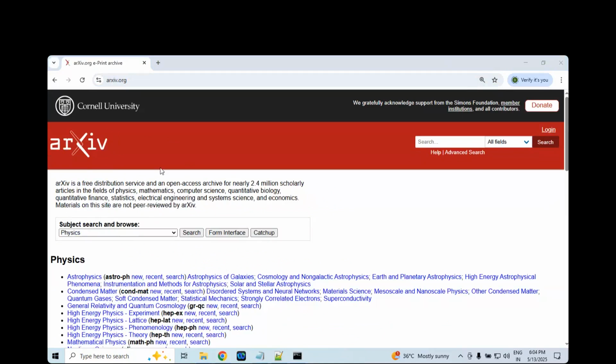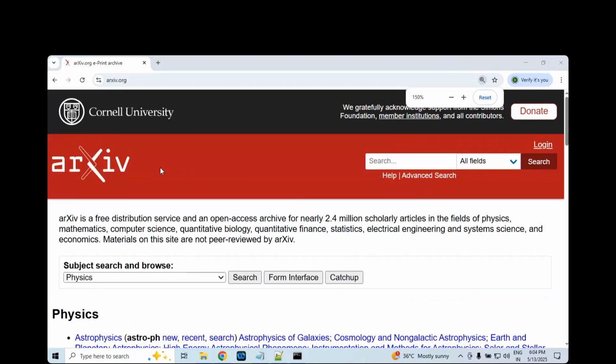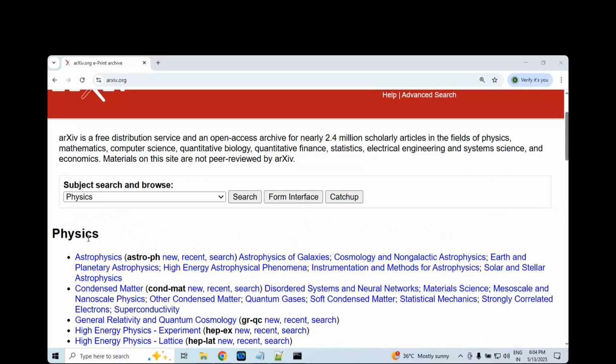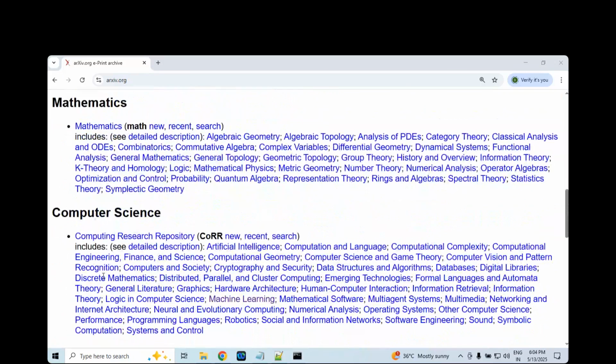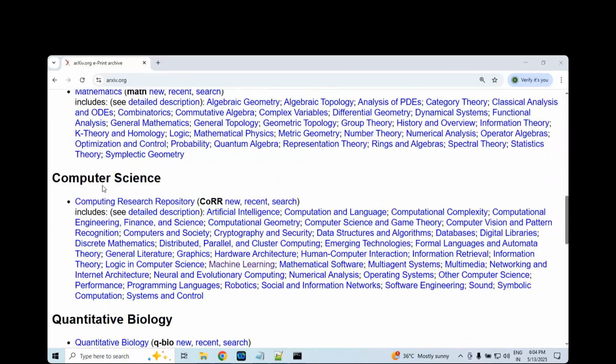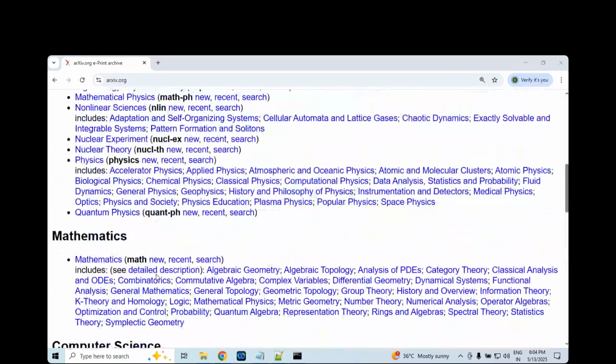This one is one of the top universities. This university especially focuses on research papers, research by PhD people. If anyone uploaded a paper here, he has good knowledge of that topic. Here you can find physics research papers. The next one, maths. The next one, computer science. These are all available. Anyway, our role will be machine learning.